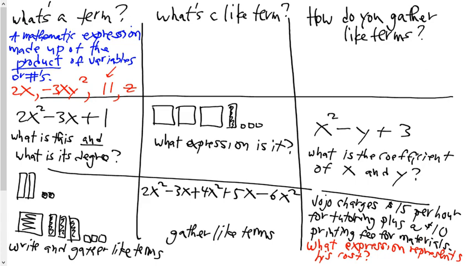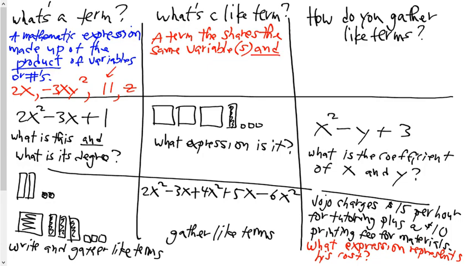Second question said, what's a like term? A like term is a term that shares the same variable(s) and corresponding exponents. We could just say exponents, but sometimes if I said xy squared and x squared y, you might think of those two terms as being like terms because they share the same variables x, y, and they both share the same exponents 1 and 2, but